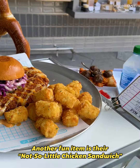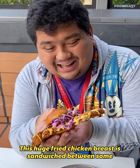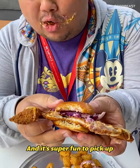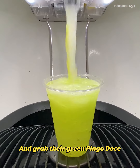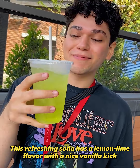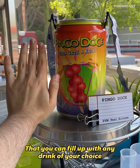Another fun menu item is their not-so-little chicken sandwich. This huge fried chicken breast is sandwiched between some adorable tiny buns, and it's super fun to pick up. To wash everything down, you have to go over to their awesome soda machines and grab their green Bingo Dose. This refreshing soda has a lemon-lime flavor with a nice vanilla kick. You can even get it in a large Bingo Dose can that you can fill up with any drink of your